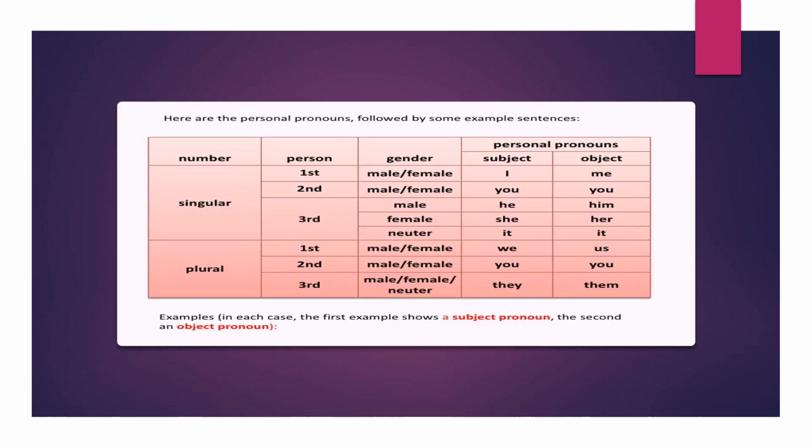Based upon the persons, that is first, second, and third person, and the number of the noun, that is singular and plural, we may have personal pronouns like I, you, he, she, it, we, you, and they being used for subjects. For example, I am teaching you. You are being taught. He is doing it. She will be doing it. It was done by him. We have done it all.